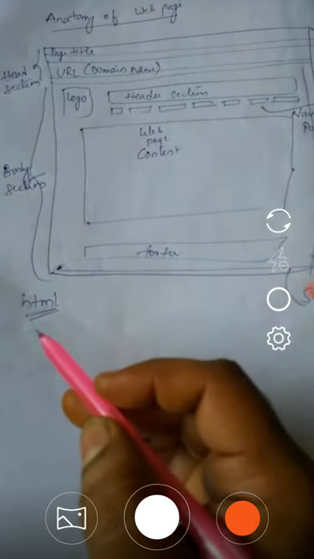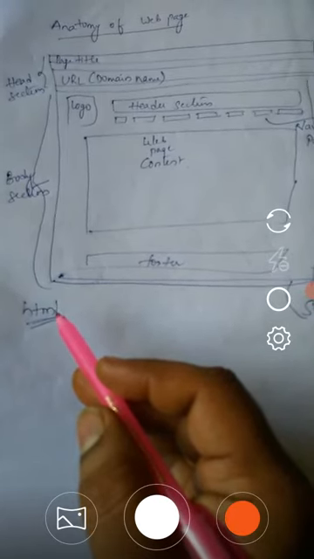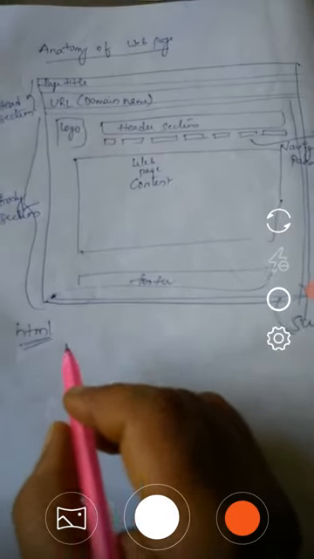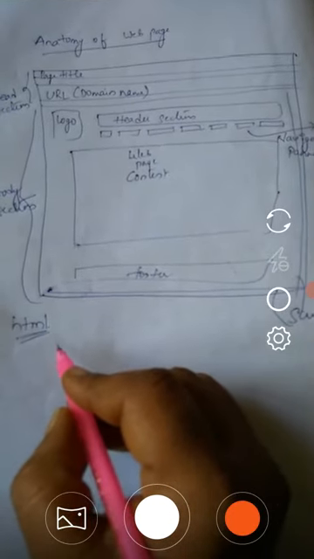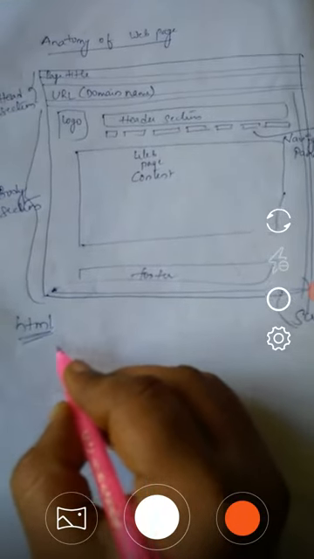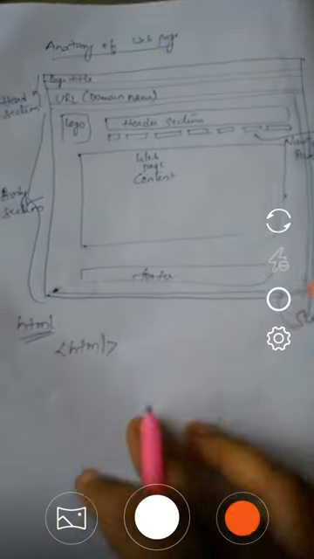Let us write a program using this HTML for creating a simple or static web page. For writing a program, you have to use tags. So for starting an HTML program, I should use the HTML tag.